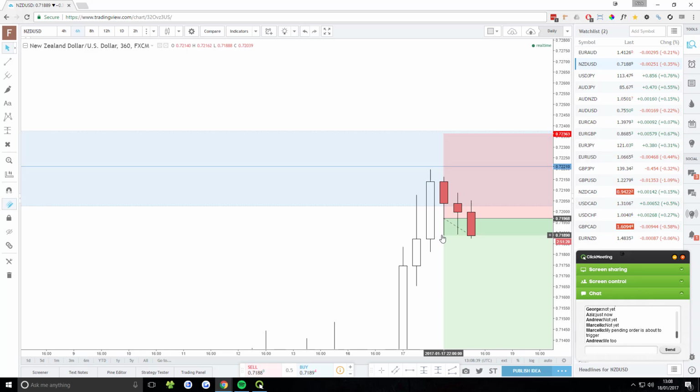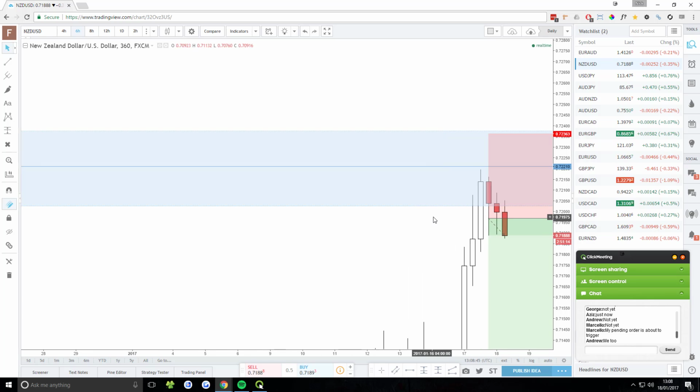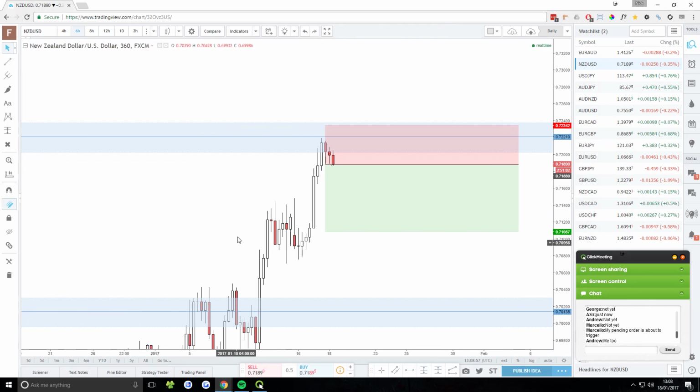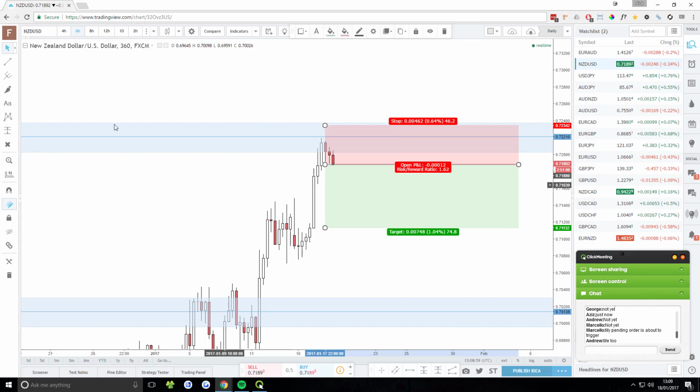It is a strong resistance area. Sellers have taken control of price, so yeah, it's looking good right now. If you're in the trade, most of you guys I assume have entered down here. I entered a bit higher, but that is fine. So let's just do some quick analysis on how you should play this trade.